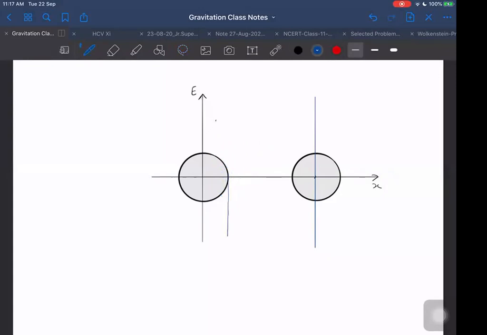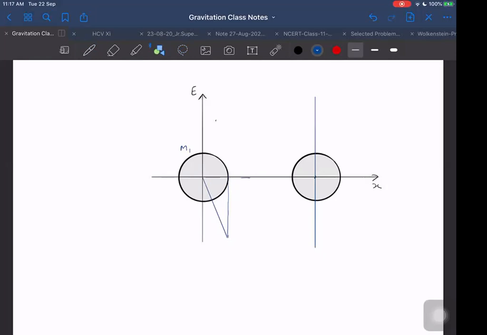Because its direction will be negative, it will be towards it. So because of this M1 when I am taking, then it will be towards M1. If it's towards M1, then it is along negative x-axis. If it is along negative x-axis, then I should take care of that also. I should represent it along negative only.